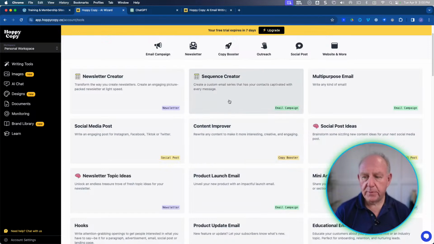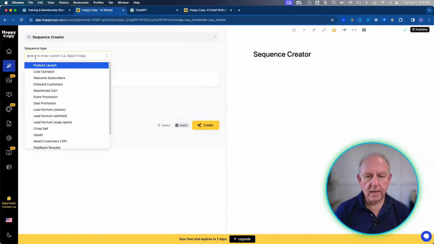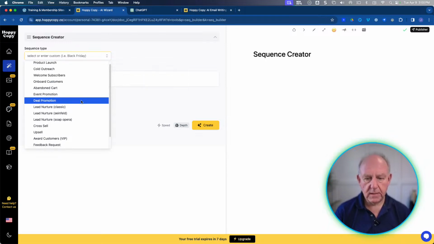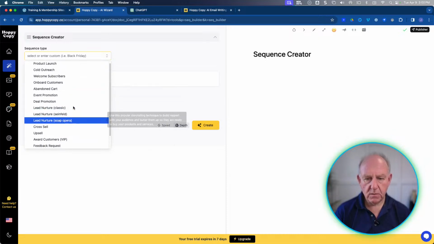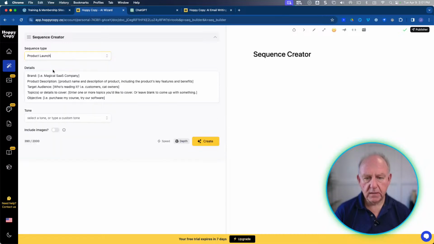So let's say, for example, I'm going to do this one, sequence creator, and it's going to ask me what kind it is, and let's see if they have some here. Post-purchase, thank you, onboard customers, welcome, product launch. Let's do product launch, see what happens. And we put the brand in, the description, we're going to put that kind of stuff in here. So we're going to do a